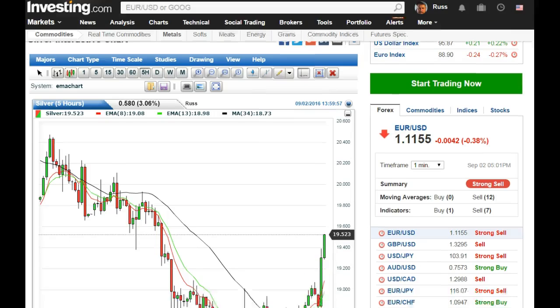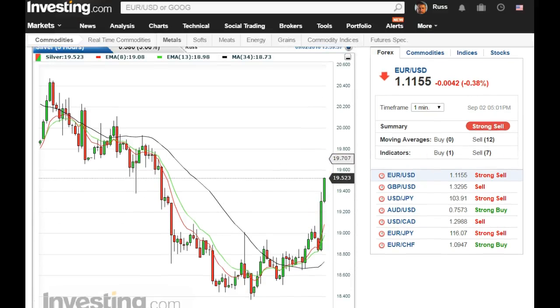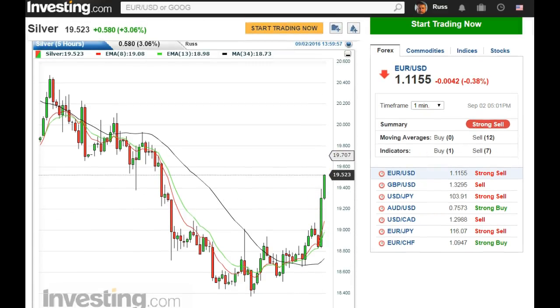Silver's doing a lot better. Here's the 5-hour. I believe that we wanted to get the flat top break, and there we had it, and then we had a bullish retracement back into support. Boom. Nice. Support was your previous highs. So once it broke out of that 60-minute channel,